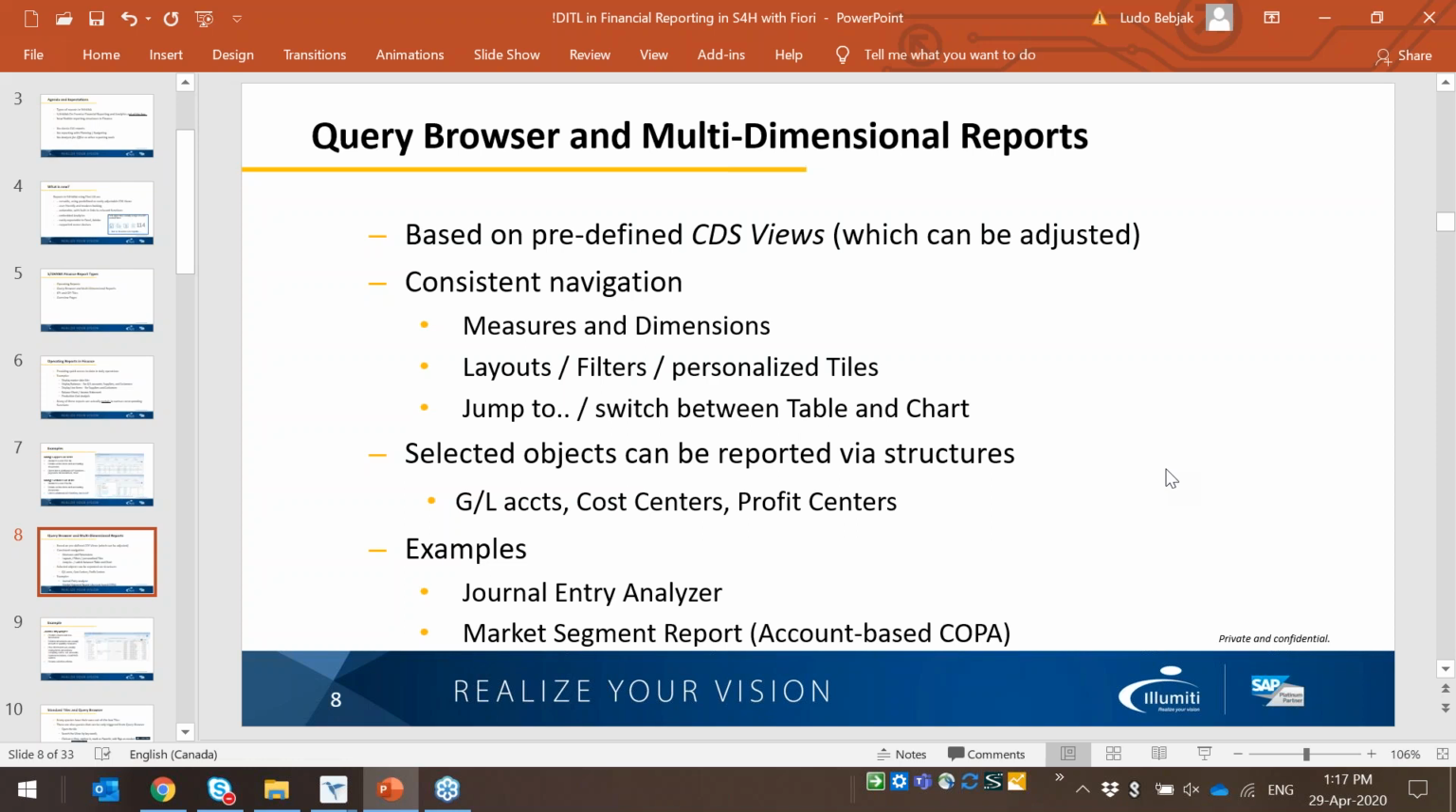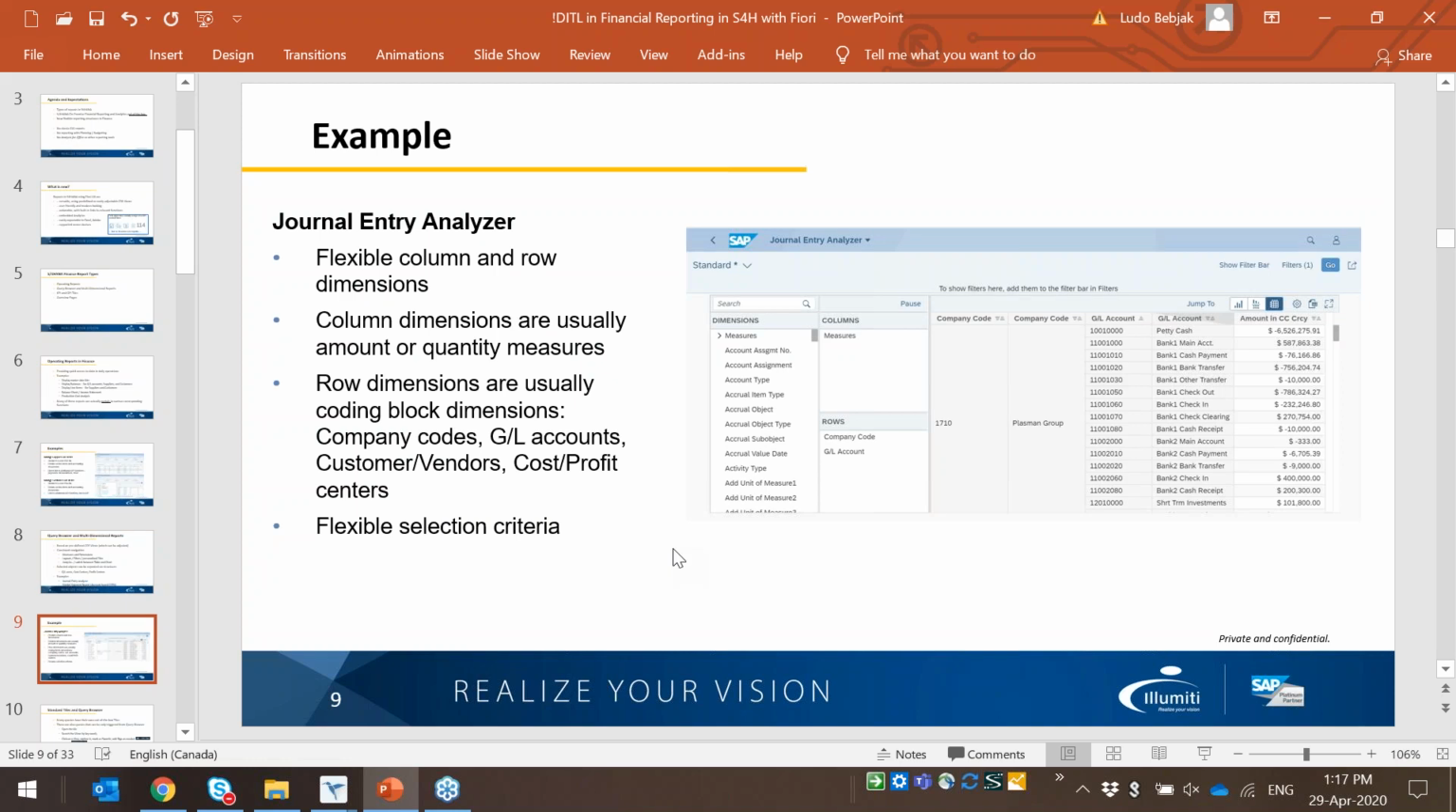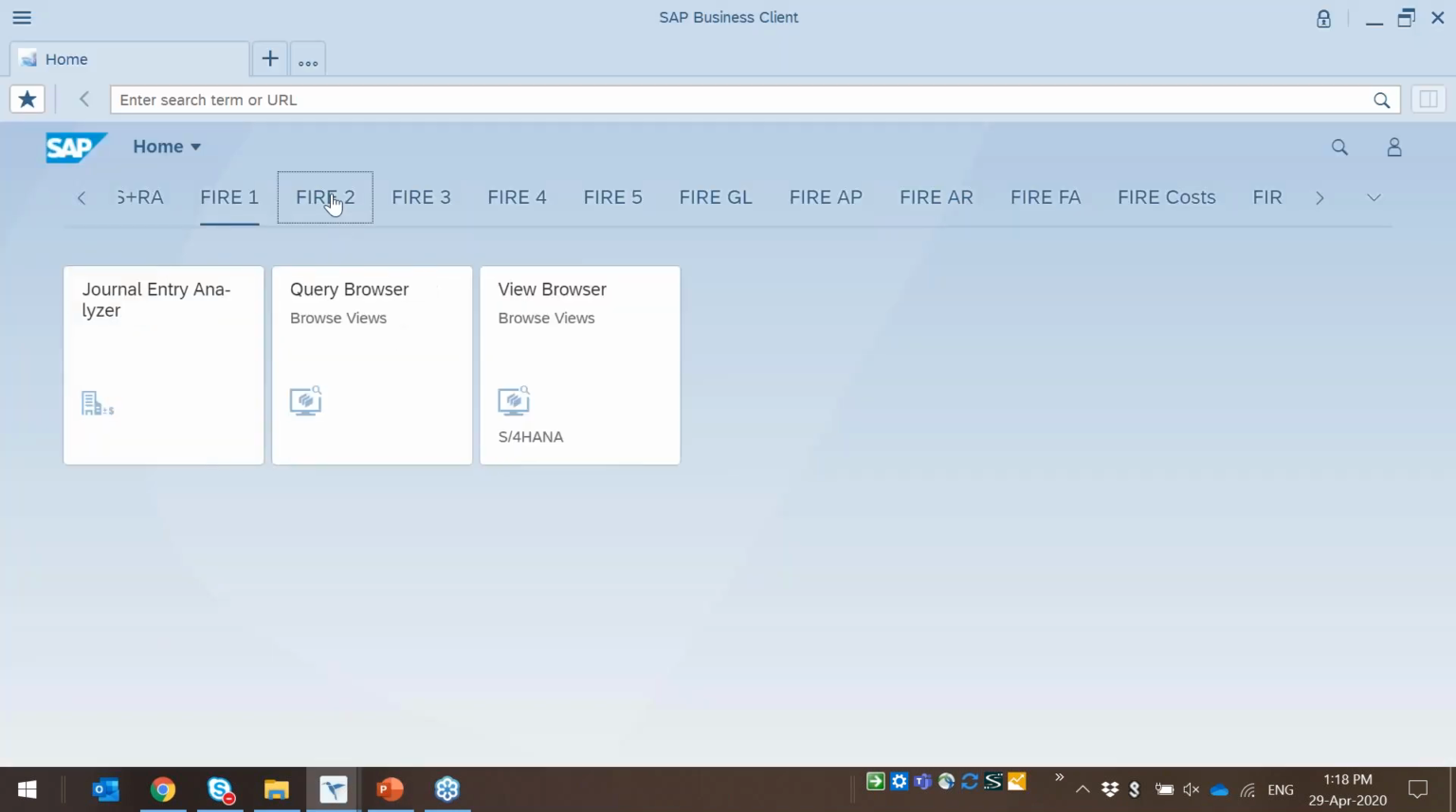The examples for this category, I will show you the journal entry analyzer and then a market segment report, which is basically an account-based KPI report, profitability analysis. So for this I will switch to the system, and I go to my second group here for multi-dimensional reports. So if I go to a journal entry analyzer,